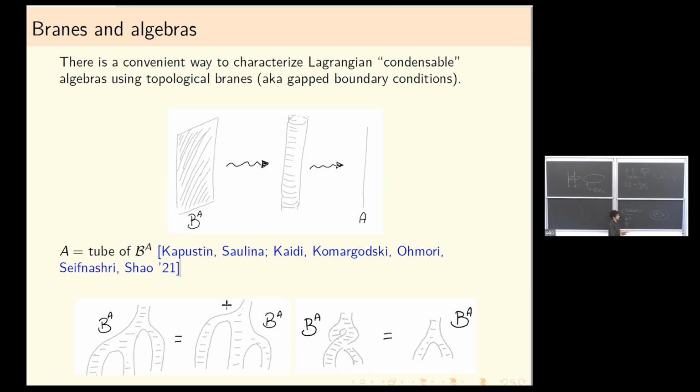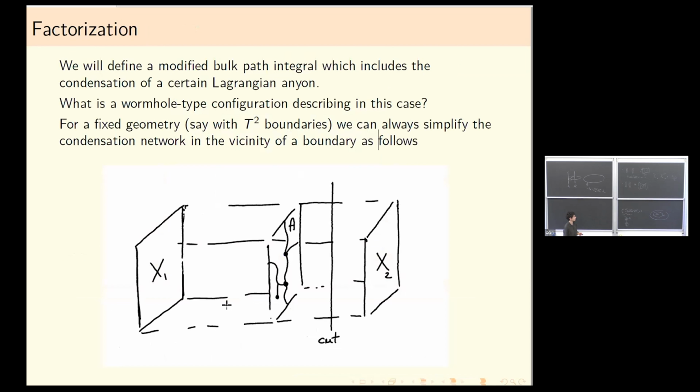So you can see essentially that condensing some Lagrangian algebra is like putting some brane in your theory, which is also what people saw in 2D. So it's just a more